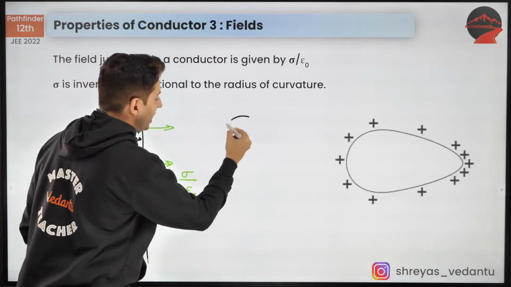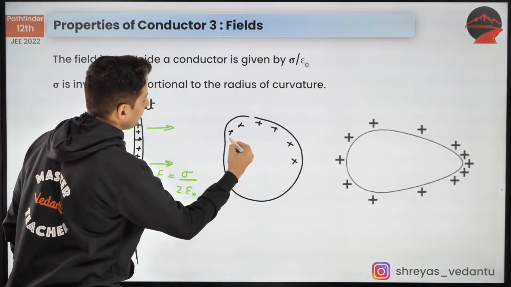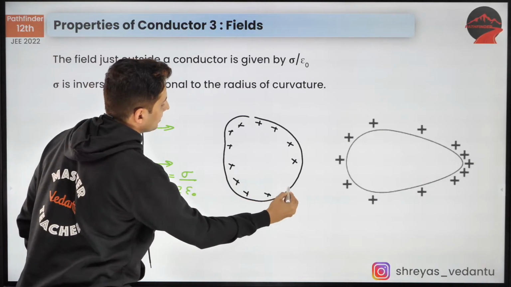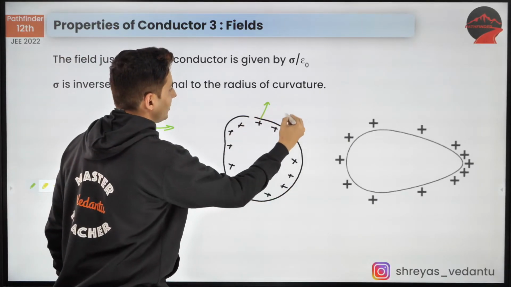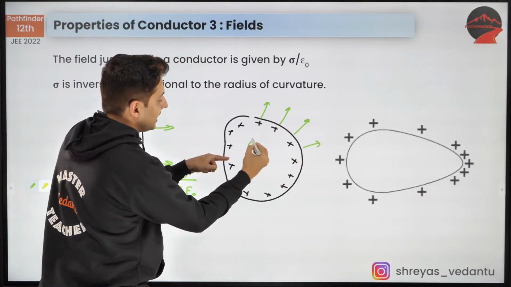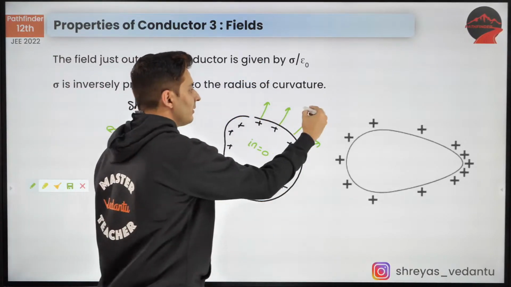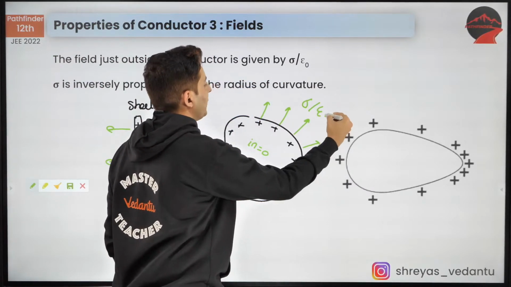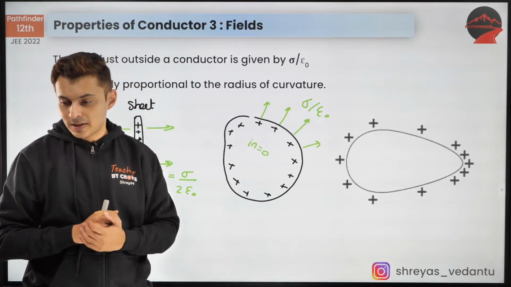But when you have a conductor which is charged like this, for example, then understand the field lines originate only from here. They are not inside. Remember, inside the field is zero. They are only going on one side. So here the field will be just sigma by epsilon naught. There is no by 2. It's not divided into half. I hope this is clear.